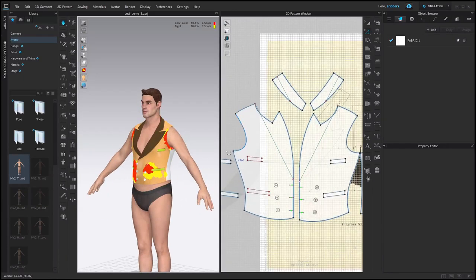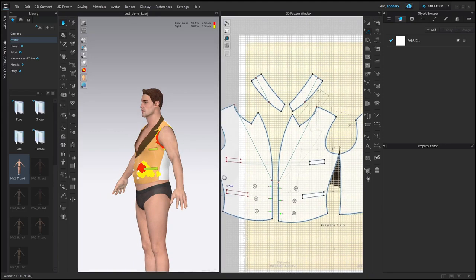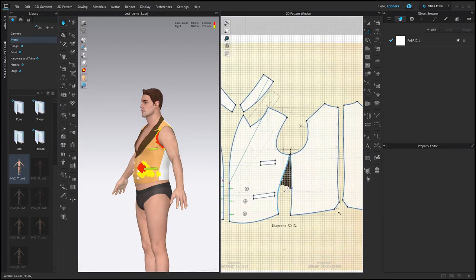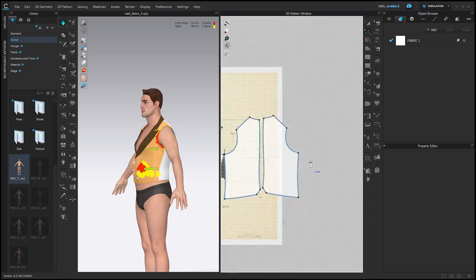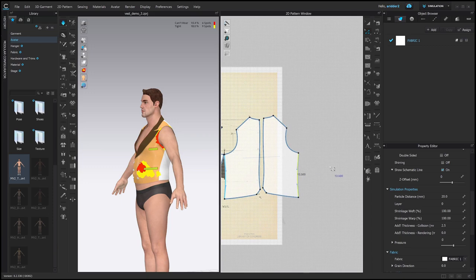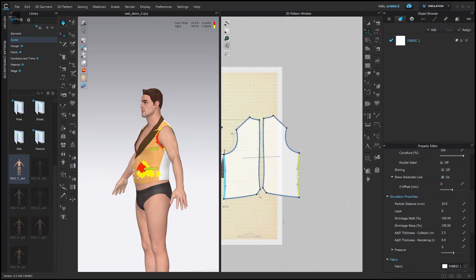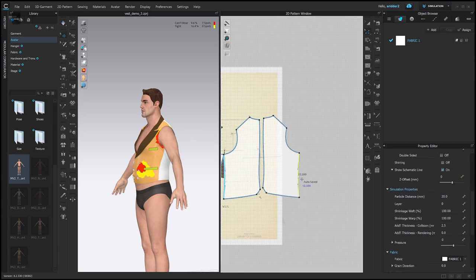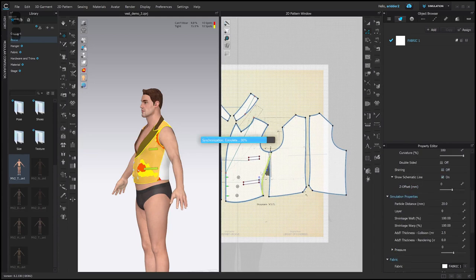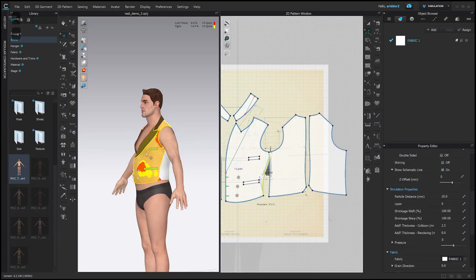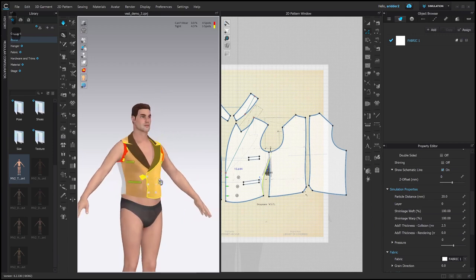I'm just going to lower this. I'm going to start actually by moving over my side seams. So anything that I edit to one side of the pattern, the other side of the pattern is going to be edited. I'm going to just click, and I'm going to use my arrow keys to just move it over. It moves over, I think, a quarter inch every time we move it over. We'll do that 2 times there, and I'll move this one over 2 times as well. All right, and now I'm going to press space to simulate again, and yeah, that gave him a little bit